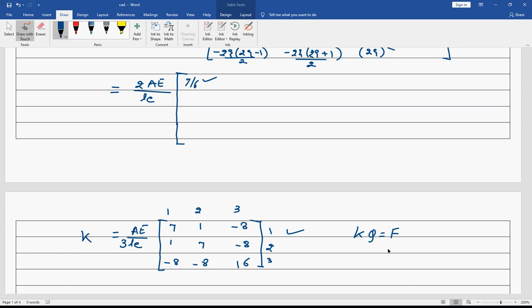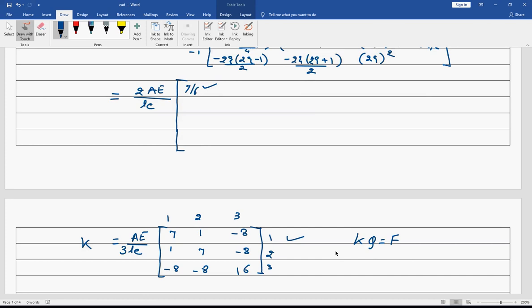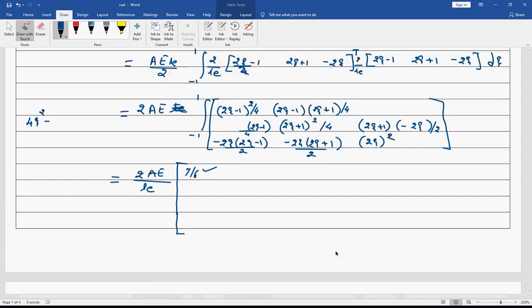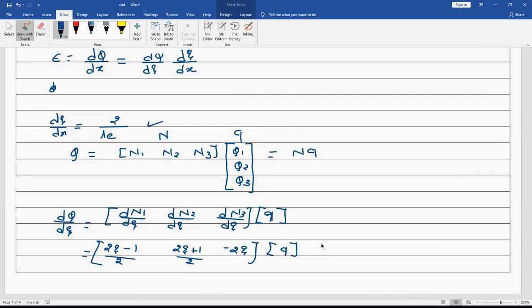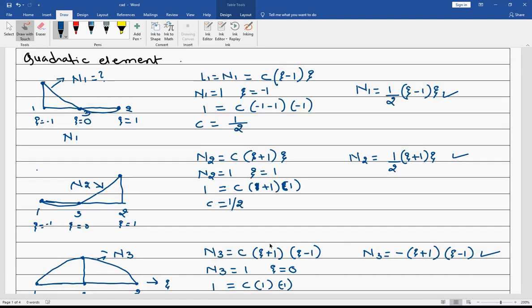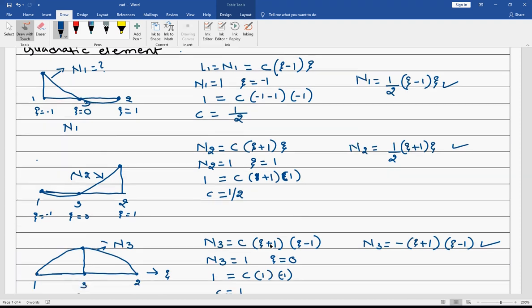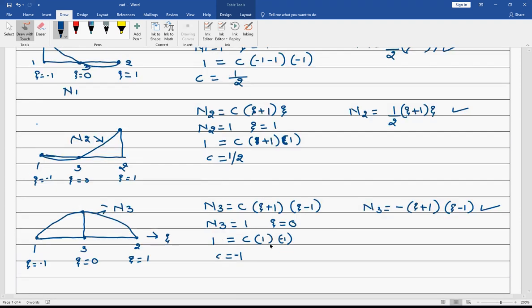The only thing is how you are going to evaluate the shape function. How you are going to evaluate the shape function. This is the crux. If you are able to do this, the process remains the same, and you could solve any of the elements. So we are going to focus on this topic only, how to get the shape function, write the shape function, create the formulation.